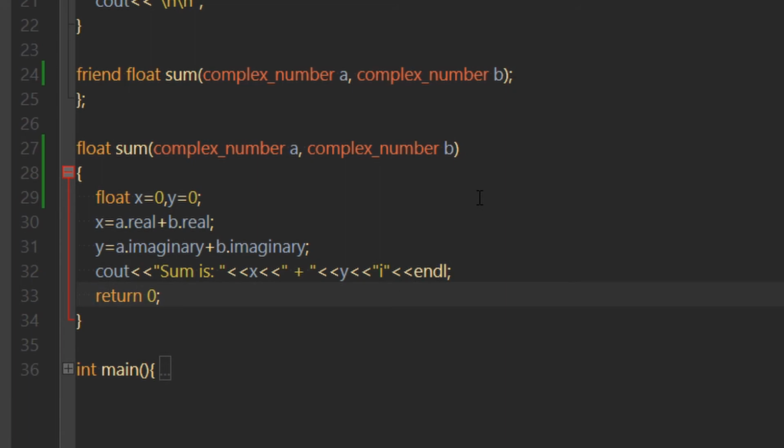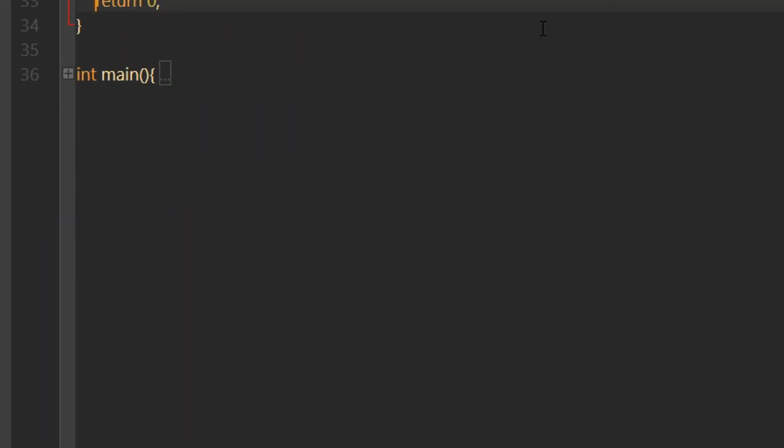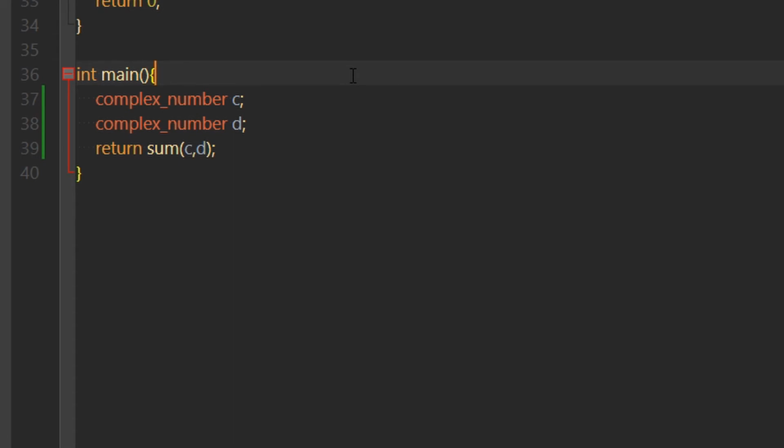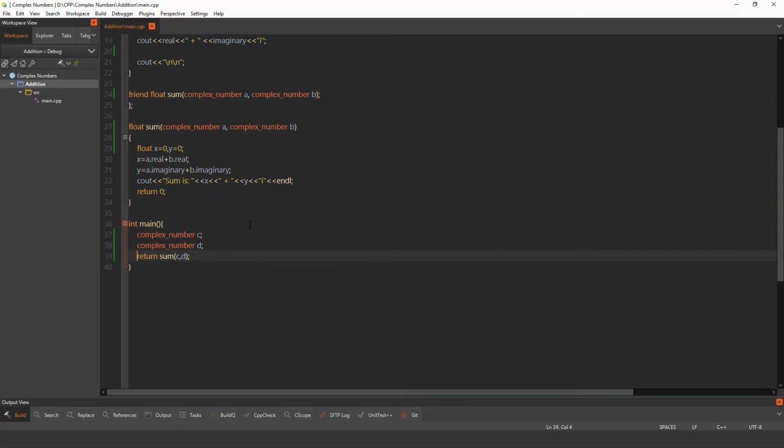Since this is not a void function, we have to give a return value, or else the compiler will give you warnings. So guys, here we have defined the sum function. Now let's move on to the main function. Because of defining so many things before the main function, we have only 3 lines in the main function. That is object C, object D, and the final statement, which is return sum(C, D). Sum is the function that we defined above. Then we have to calculate C and D objects, and hence we will get the result.